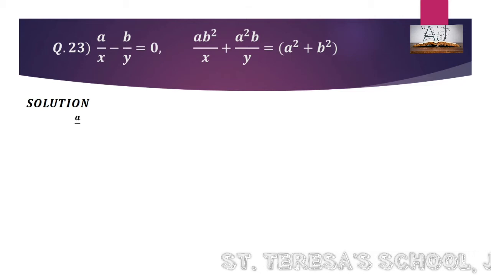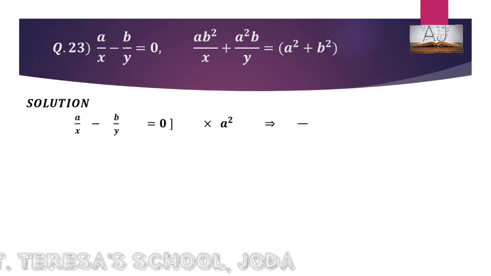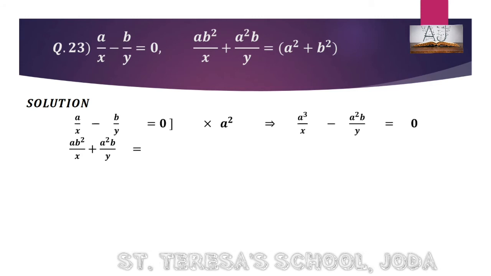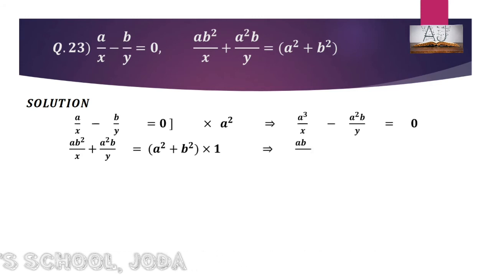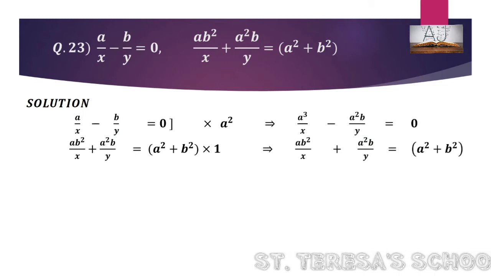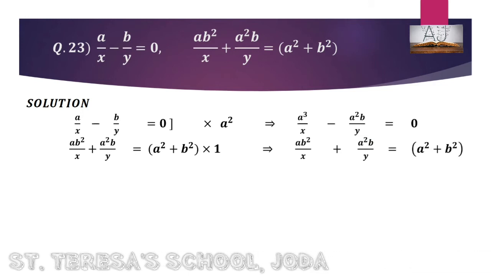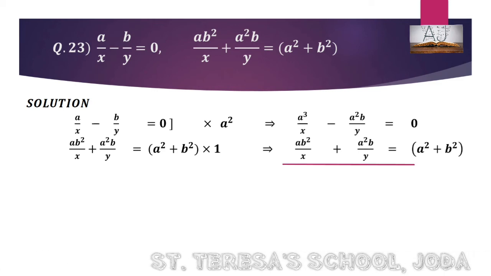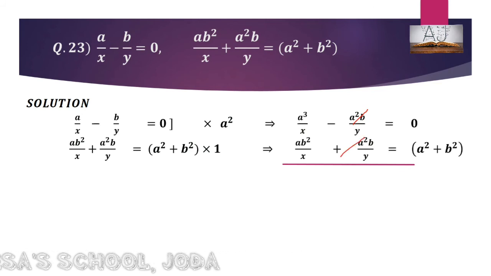Okay, a by x plus b by y. Doesn't matter, here we don't have numbers, but we will get the answer in terms of variables in the same way. So we have to make one term of both the equations equal. As you can see, we have in the numerator b by y and here a square b. So the LCM is a square b by y. So multiply a square to the first one and 1 to the second one. After multiplying, we get this. Now since the signs are already different for y, they get cancelled. And we will add the x terms.